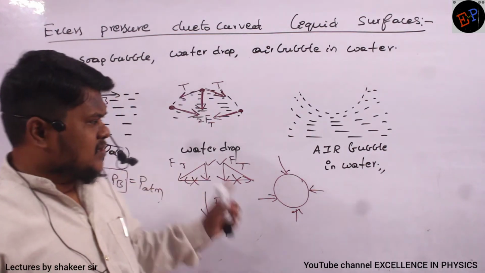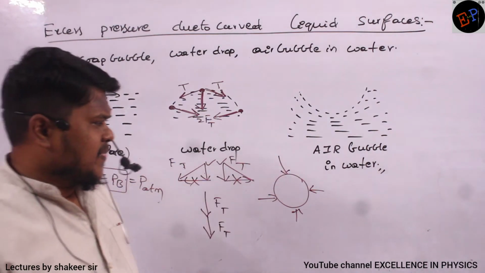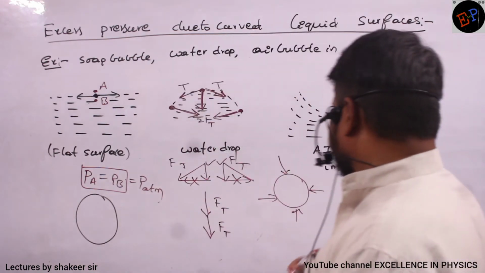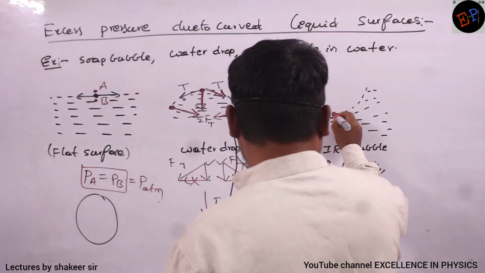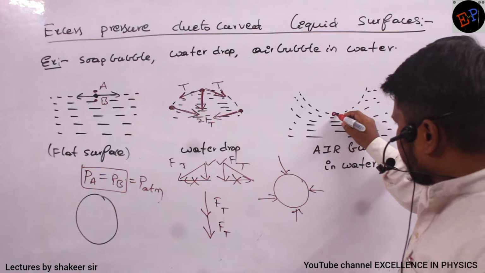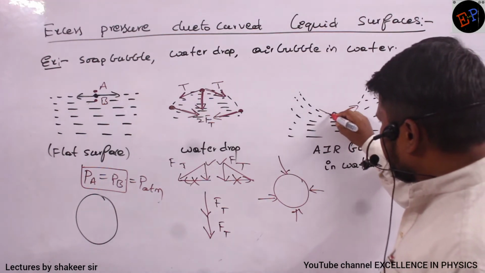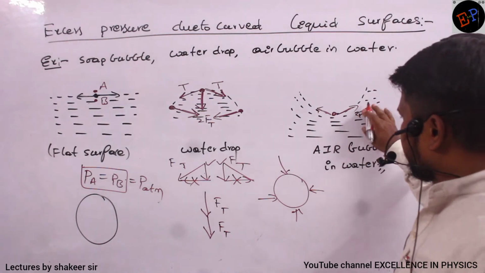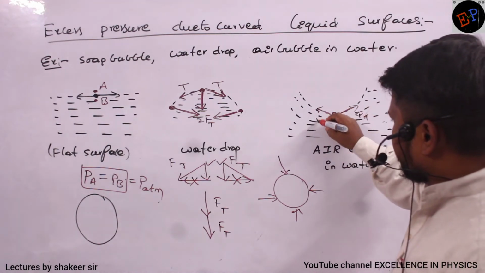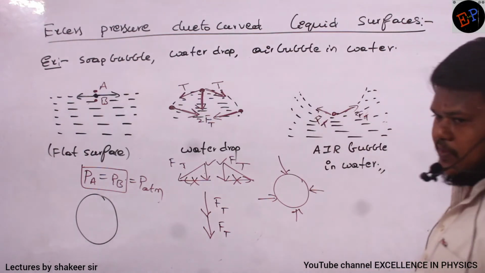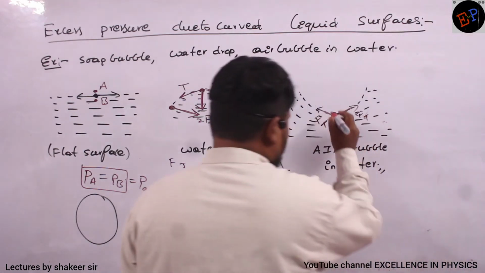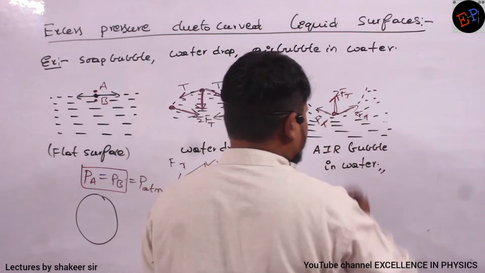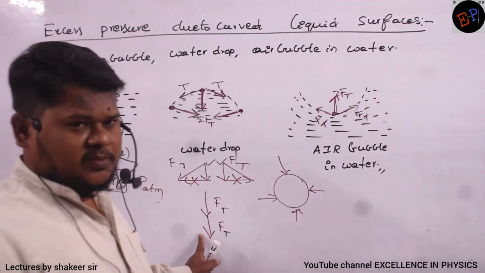Is it clear? Let us take the example of an air bubble. Inside water, air bubbles will be formed, no? Let us study about them. Now see here. This is one molecule which I am taking. This molecule is pulled in this direction and this molecule is also pulled in this direction. So this is a force due to surface tension, and this is also a force due to surface tension. Because of these two, there is a net force acting in this direction, F net or 2FT I can write. Are you able to understand?